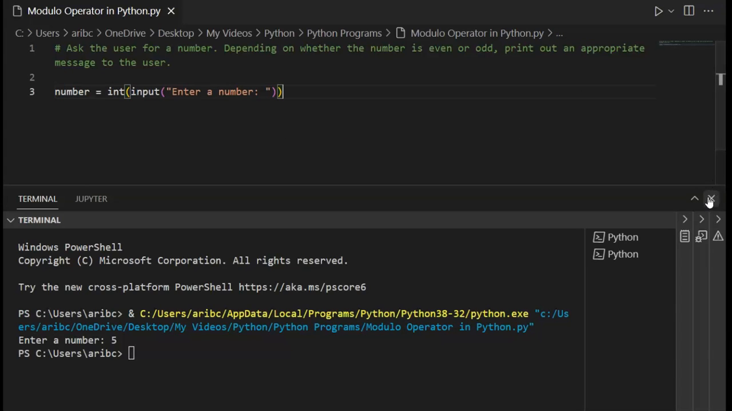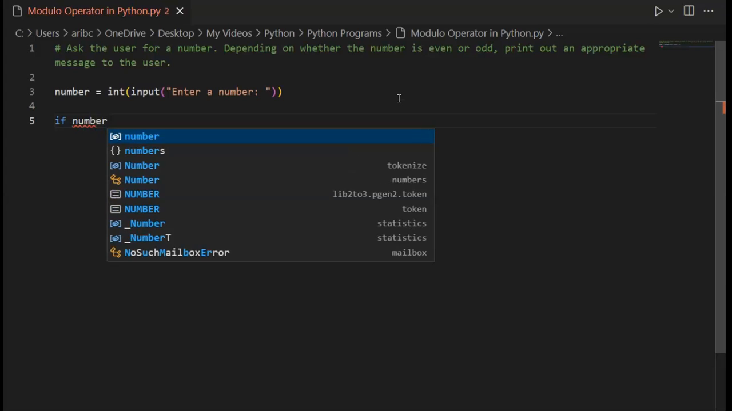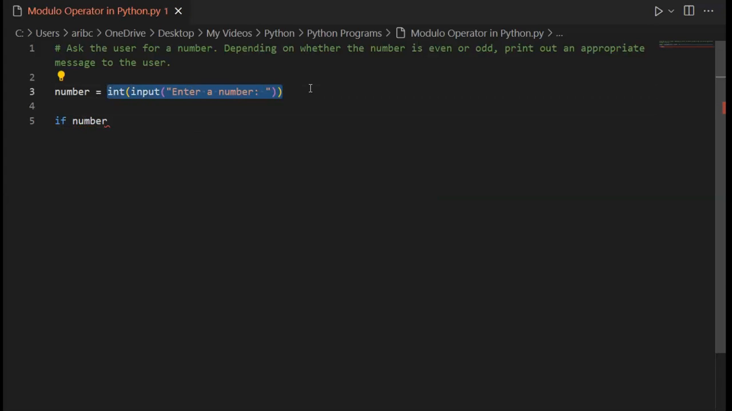So let's continue writing the code. Next it says, depending on whether the number is even or odd, print out an appropriate message to the user. Okay, so here we'll use two conditions, an if statement and an else statement. So here we'll write if number, basically the number which the user inputs, is equal to,